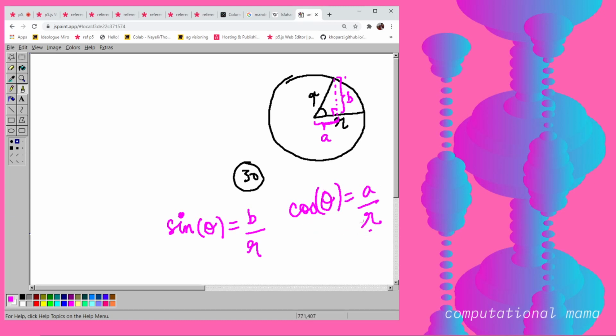So now a can be written as r into cos theta, and b can be written as r into sine theta. So now my a and b values are my x value and my y value. Every time I'm getting a value like this as the angle progresses across the circle. So this is actually the format that we've used.